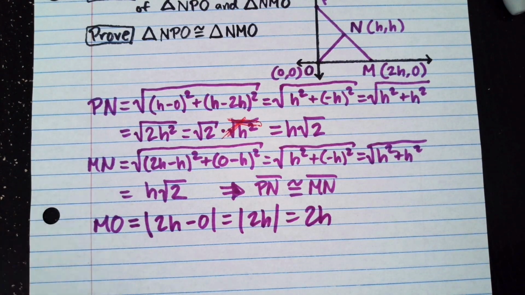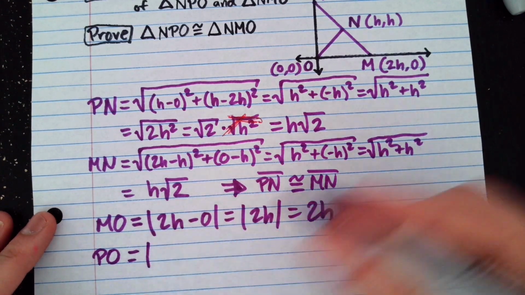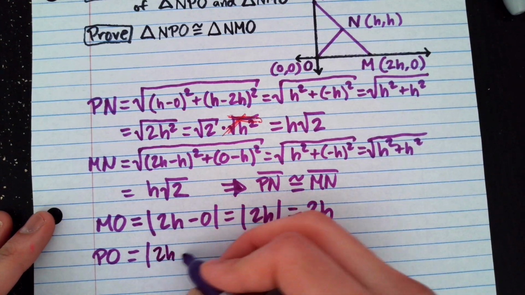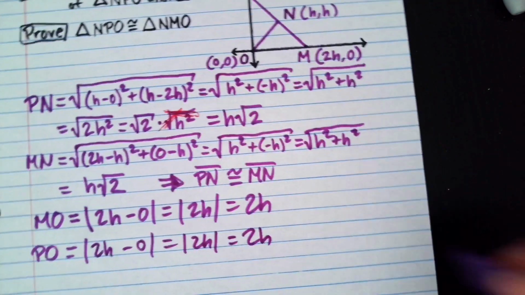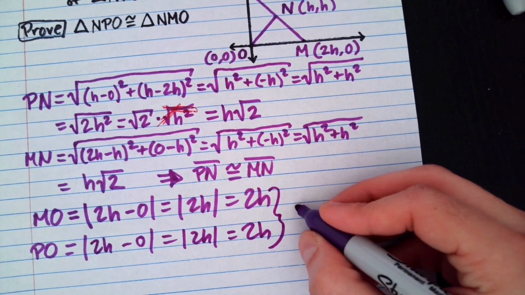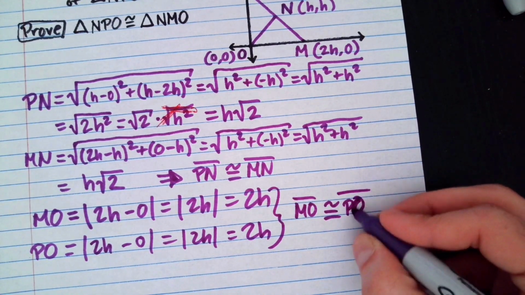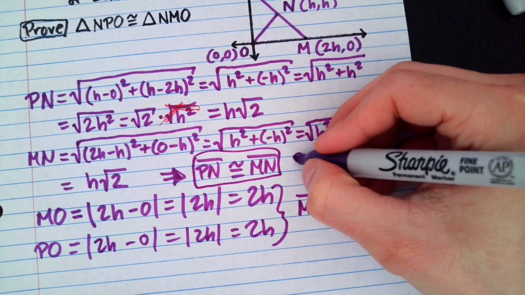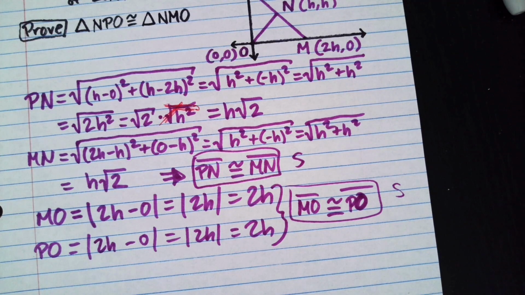And I'm going to do the same thing for PO. And so PO, all we have is, once again, the y value is now 2h minus 0. And so that is just 2h again. So from this, we know that segment MO is congruent to segment PO. So we have a side, we have another side. We might need to find one more side so that we can prove that these two triangles are going to